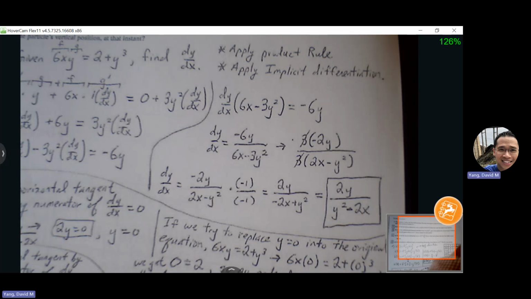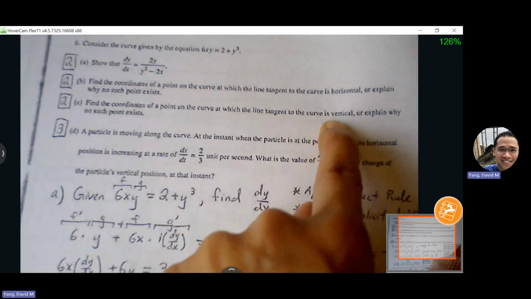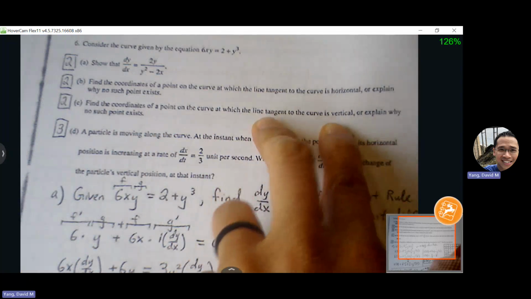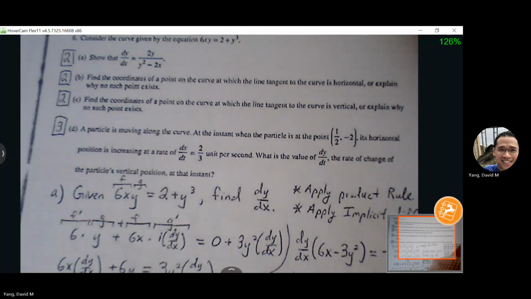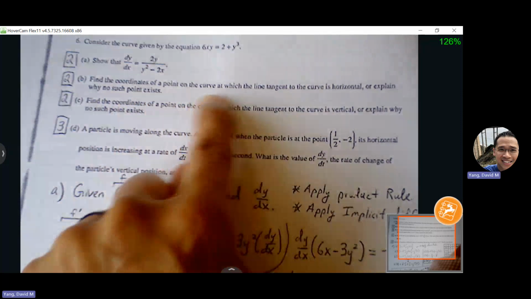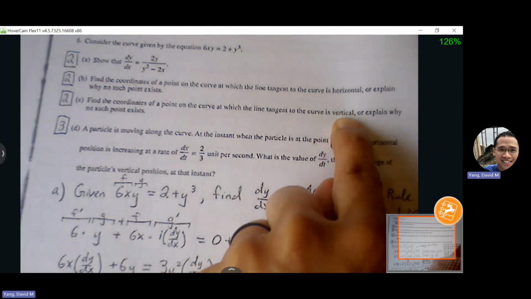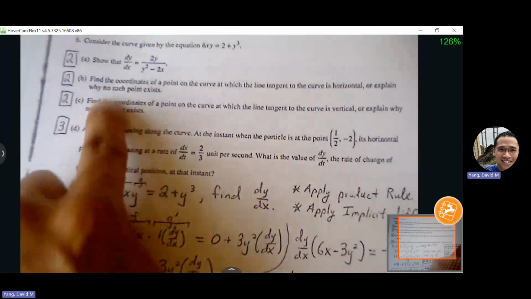Okay, good so far. All right, part C. Find the coordinates of the point at which the line tangent to the curve is vertical. So, oh, sorry, B, thanks. Find the coordinates of a point on the curve at which the line tangent to the curve is horizontal, or explain why no such point exists. So, yeah, parts B and C